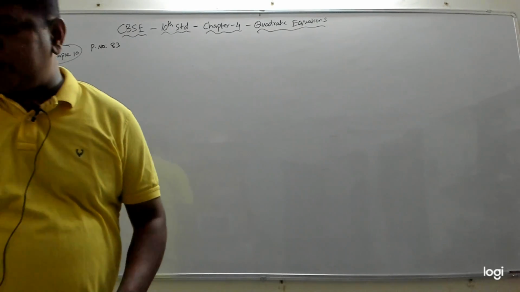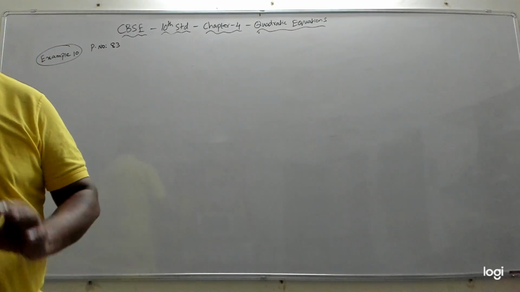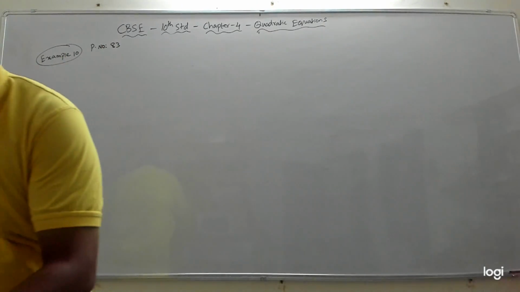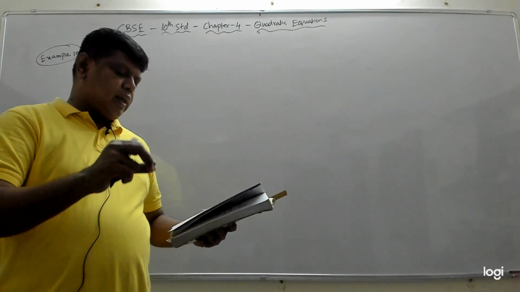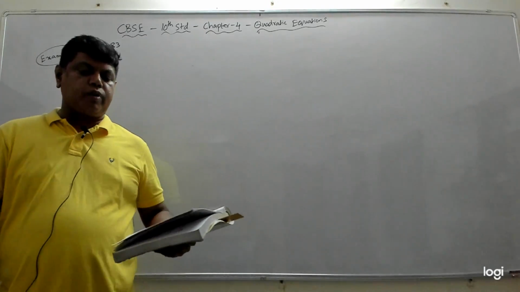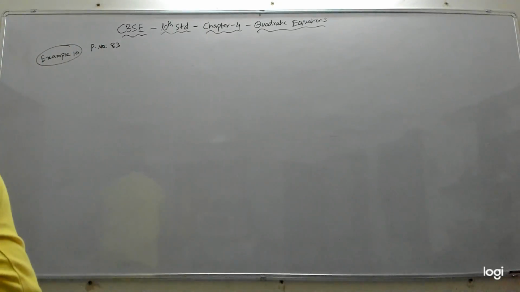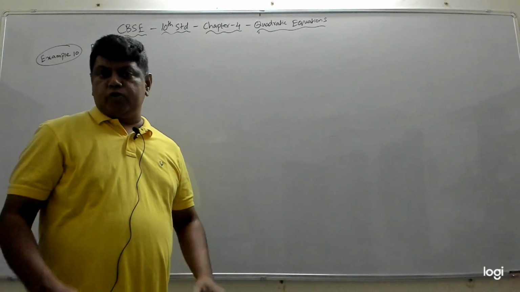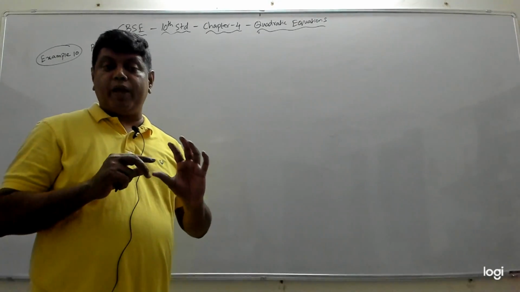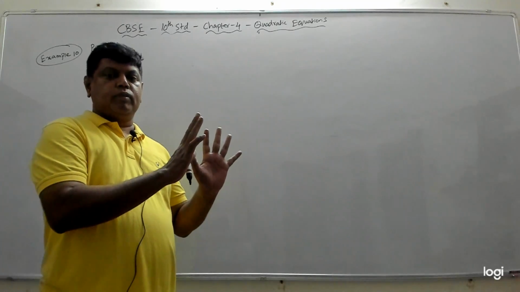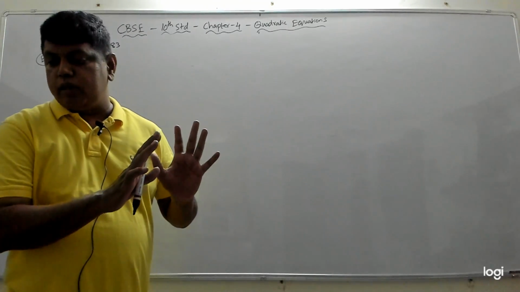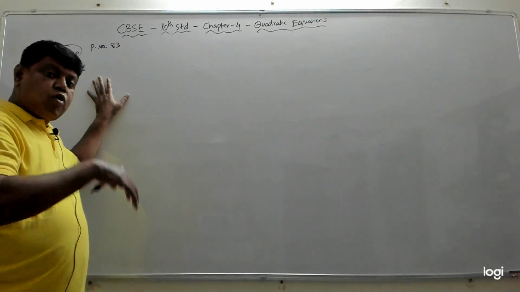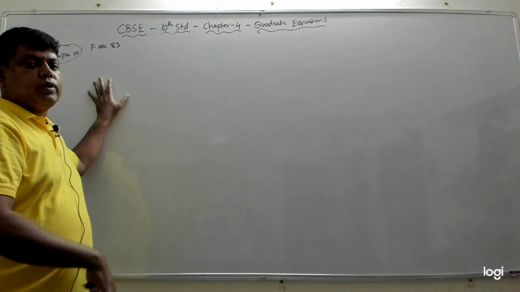Now the question is, the area of a rectangular plot is 528 meters square. The length of the plot is 1 more than twice its breadth. We need to find the length and breadth of the plot. We also did this in my previous video, but there we only found the equation and stopped, because that is what was asked in exercise 4.1. But in this example 10, the same question has to be solved also, which means we should form the equation and then solve the equation.